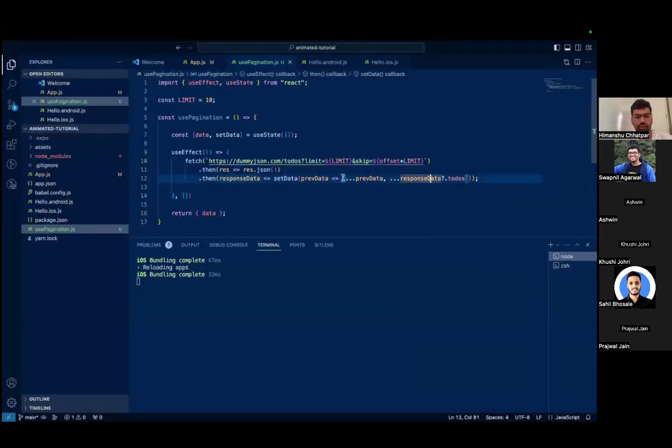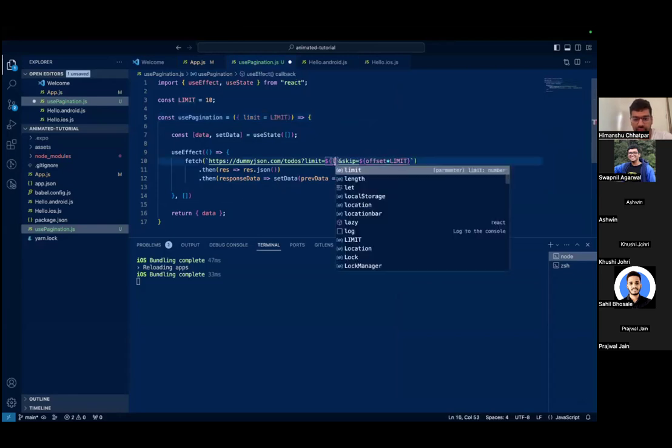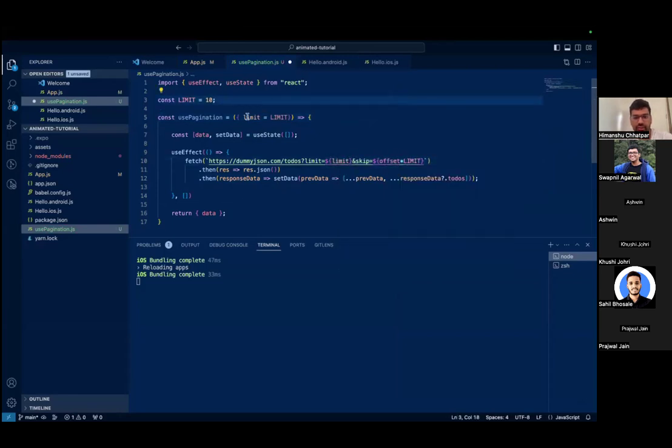Yeah. So now what I'll do is, since I'm creating a hook, I want my limit to be variable. So limit is this limit, and instead of this, I'll use this limit. Why? Because this is a default parameter. If I want to change the limit, I should be able to change that through the one who's calling the